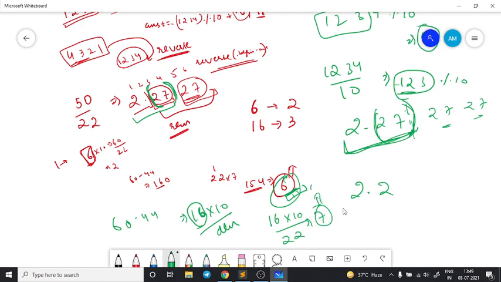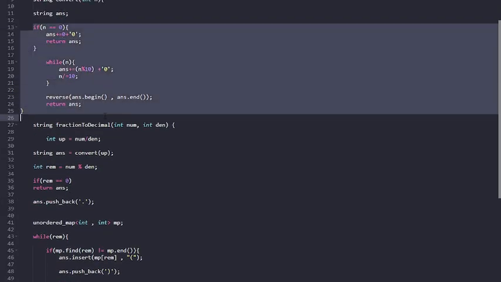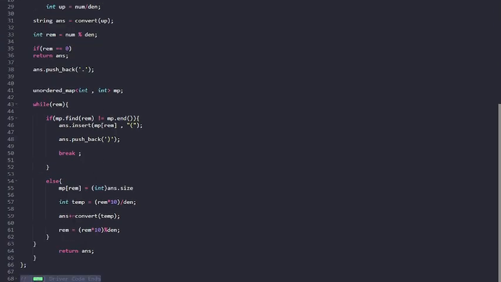But this is in digit form, so I have to convert it into a character. That's why after finding this 7, I am converting it into a character by calling my same helper function convert again. That is this part.